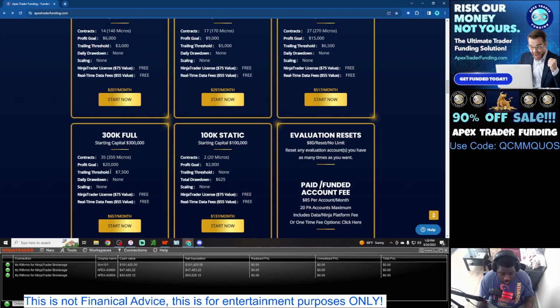Imagine if you hit that profit goal again after you get that performance account and you hit that 20K again, and by the time it's time to request that payout, you can give yourself some cushion to be able to take out $10,000. But that's just a lot to think about. But when you get down to that point of understanding of how it is after you pass that evaluation phase and you're in your performance account, it allows you to go from trading with the same size accounts that you've been trading with beforehand,